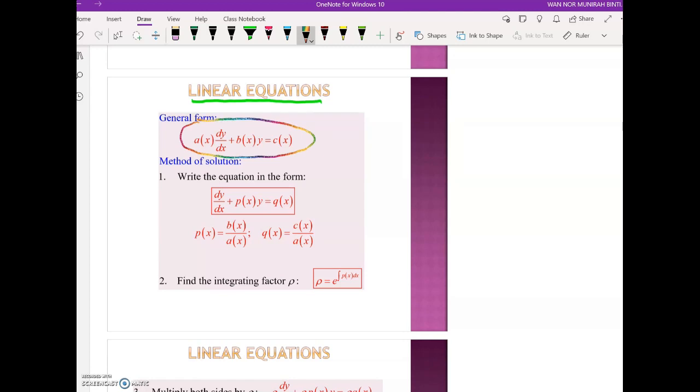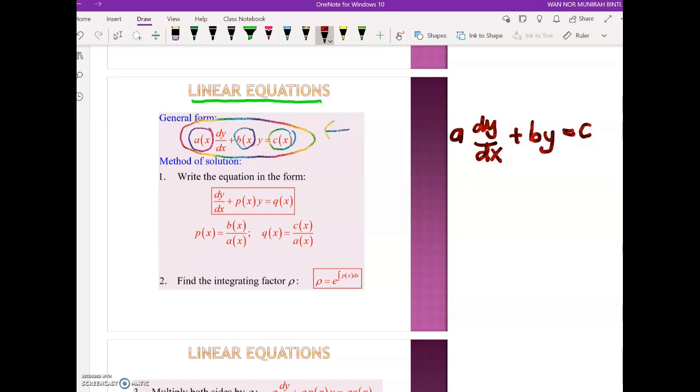A can be a function of x, or it can be a constant. This also goes for B and C. A, B, and C can be a function of x, or just a constant. When you have A dy dx plus B y plus C, we call that a linear equation. In order to solve a linear equation, when you have it in the form of A dy dx, or A y prime, plus B y equals C,